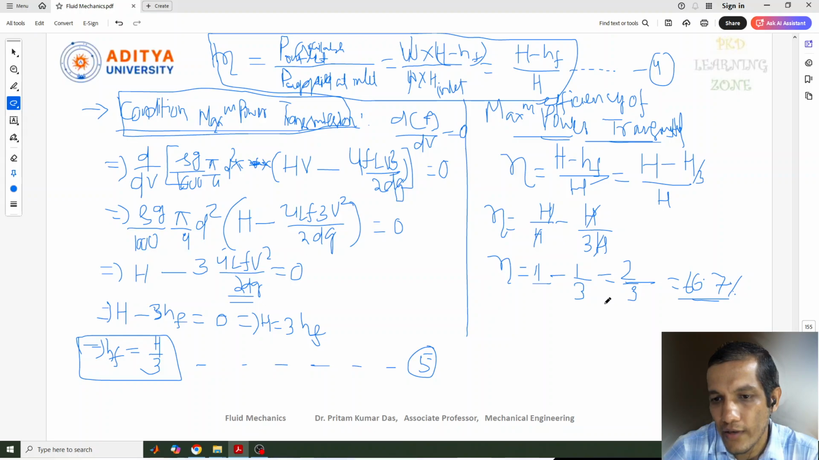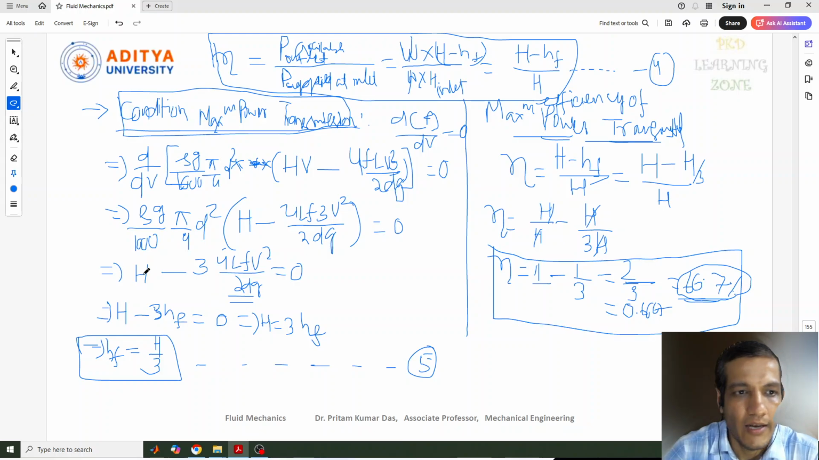If I divide this one, what will I get here? Now 0.667, like that. It goes on unlimited like this. So if we write in percentage, that is 66.7%. So this is the maximum efficiency of transmission of power. This one, 66.7%. And the maximum power can be transmitted when the loss of head is equal to 1/3 of the